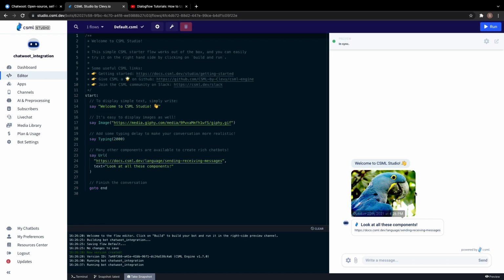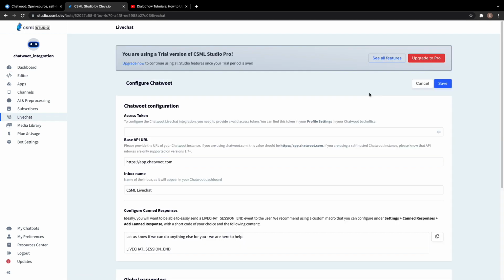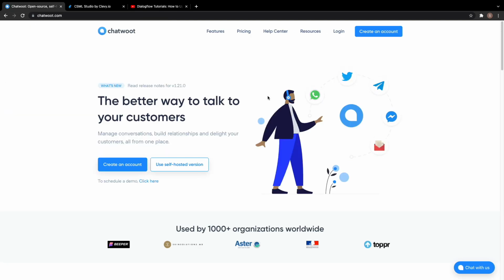Next thing we need to do is go to the live chat section and click on Chatwoot. So here it is asking for the access token. For that we need to go to our Chatwoot account.